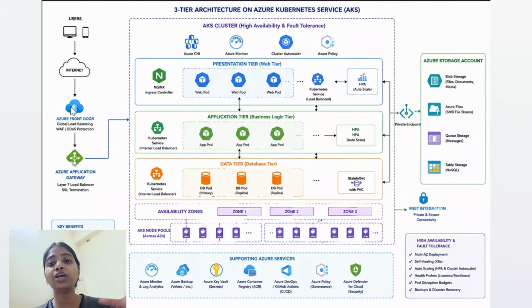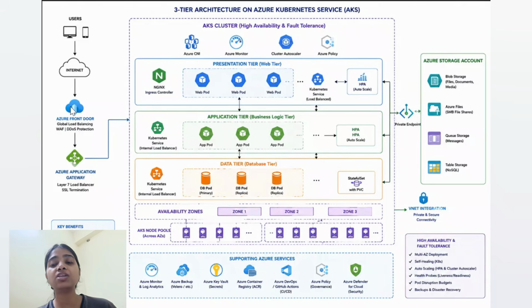To do the load balancing across multiple regions, deciding which region our request should go to, Azure Front Door helps in balancing or routing the traffic. Also it works with WAF, web application firewall, and DDoS protection, so that the request can be judged, in case there is any vulnerability or any attack can happen.